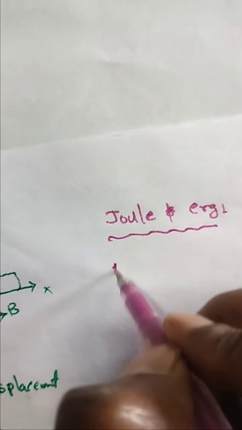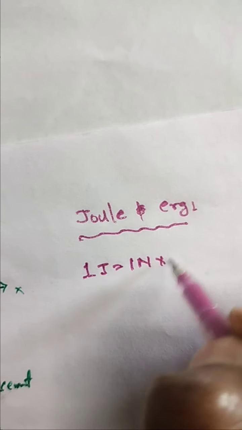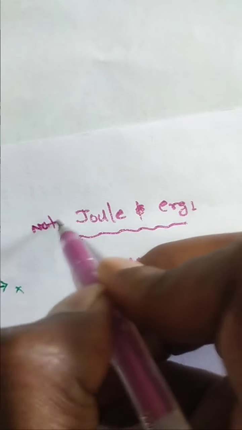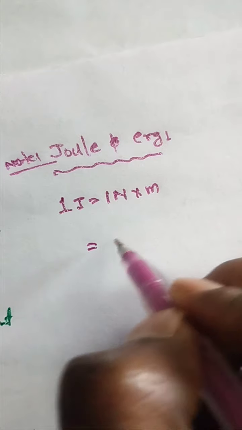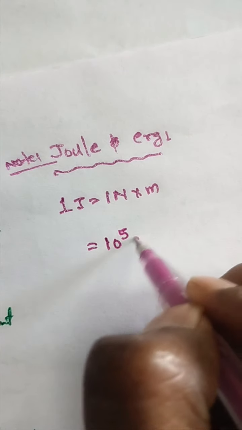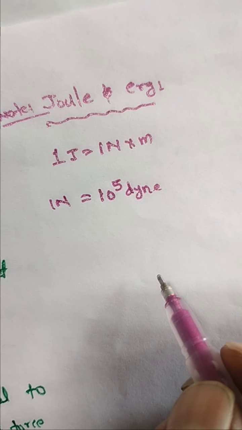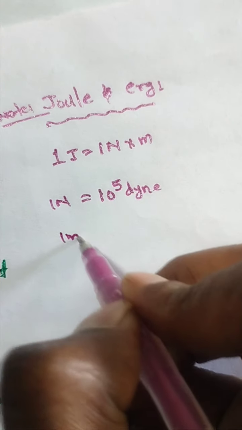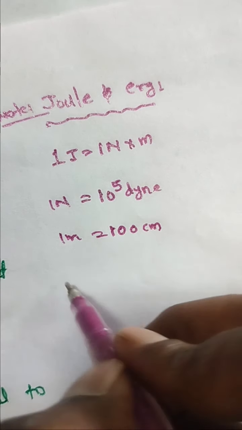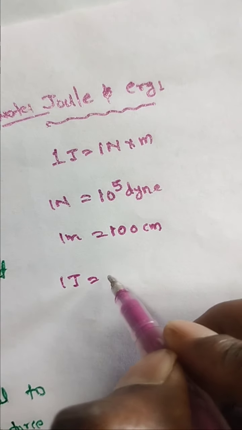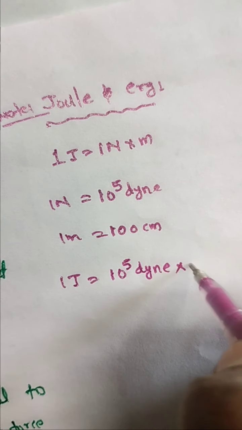So here, 1 joule is equal to 1 Newton into meter. This is a note point. 1 Newton is equal to how many dynes? 10 power 5 dynes. And 1 meter is equal to how many centimeters? 100 centimeters. Substitute in: 1 joule is equal to 1 Newton, that is 10 power 5 dyne, into 100